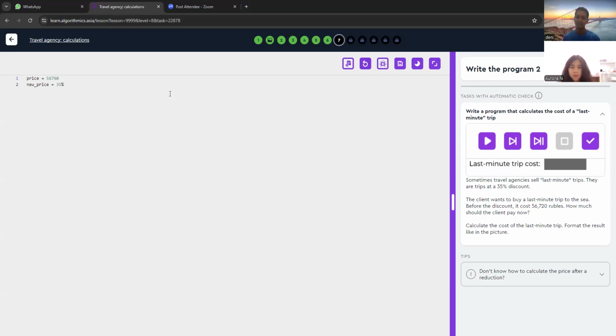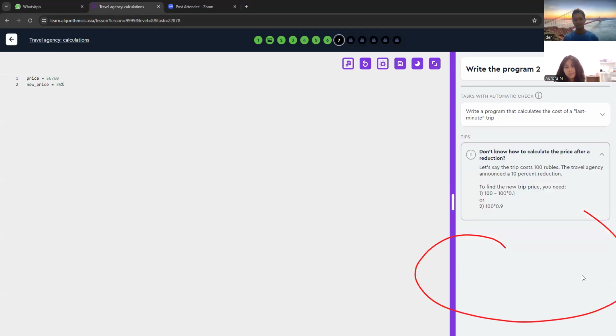How do you calculate the discount? Like, how do you type it? Okay, you can see the tips here. Just click it.